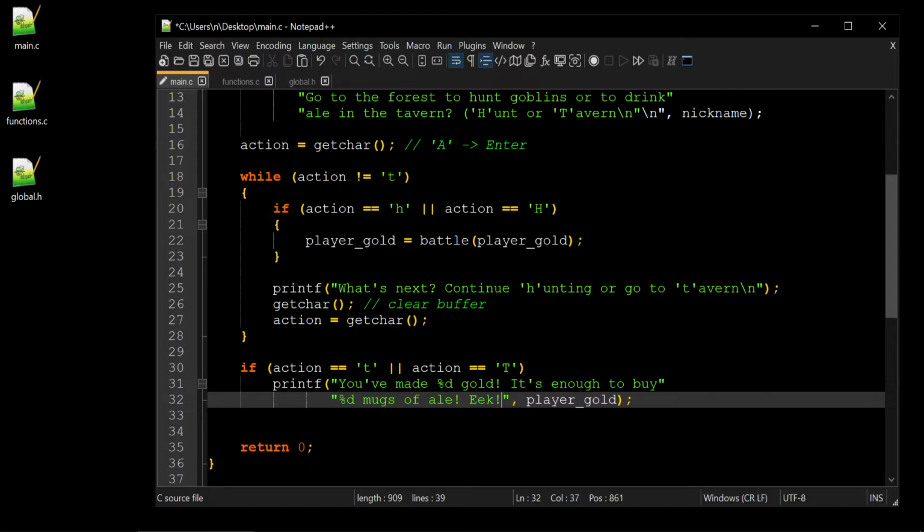Hic. Yeah, let's make it like a drunken hic. And the max of ale, the formula for max of ale I think will be player gold. Let's make it 3 gold per mug of ale. So